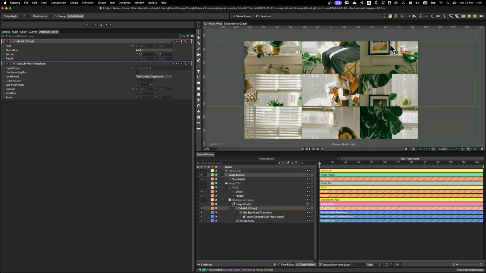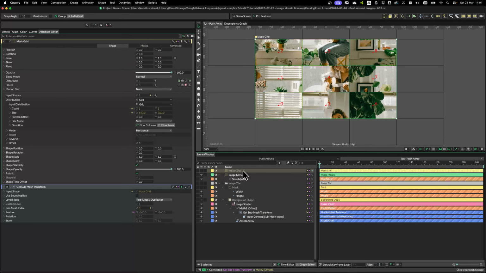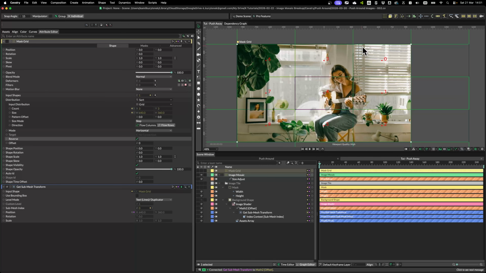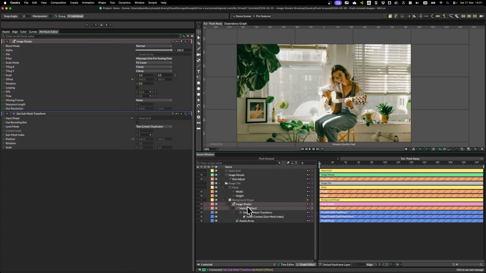So as you can see, things got pushed around. Things are working, but they are not ordered in the way we want. So for some reason, the fix for this is to essentially reverse the distribution of our mask grid. And now we are back to our original image. So let me rename some of the layers first,